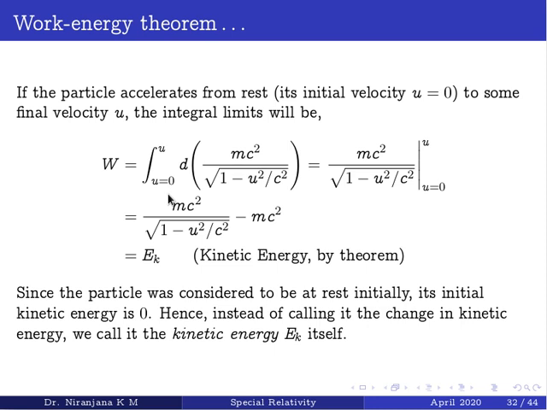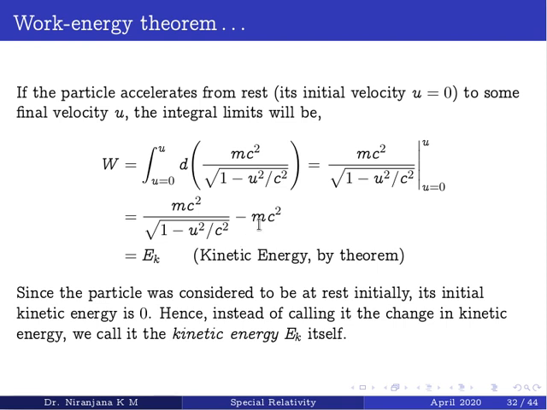And as far as the integral limits are concerned, the integral limits are taken from an initial velocity to a final velocity. Let us consider that the particle is at rest initially, that is u equals to 0, and it accelerates to a final velocity u, and then the integral limits will be u equals to 0 to u equals to u. And then after substitution of the limits, you will get mc square by square root of 1 minus u square by c square